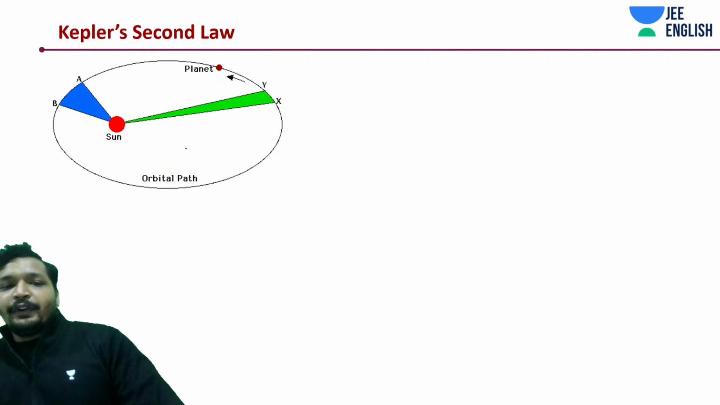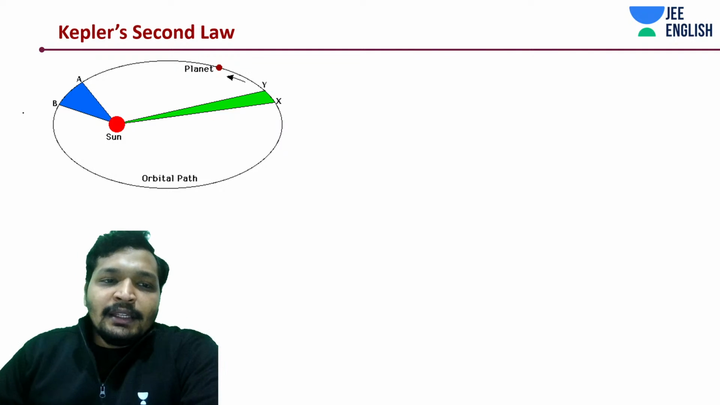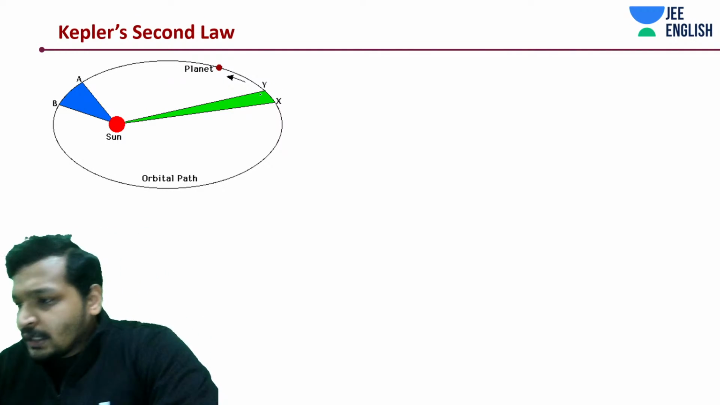So let's take 2 points. This is from X to Y and this is from A to B. If you're noticing this thing,